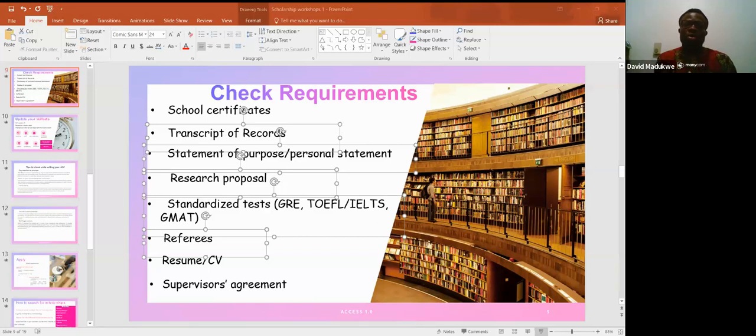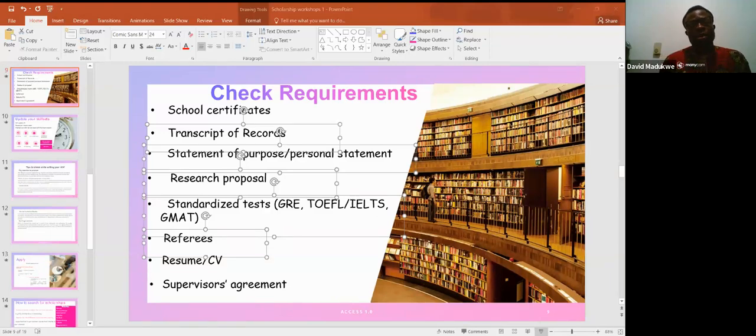In your proposal, it states why this particular project and what you intend to do during the course of this project. And then we have the standardized tests, which include different forms of exams that one takes to solidify his or her application. Some schools don't request for them. Some of these tests include the GRE. GRE is mainly for schools that have more engineering programs, although some biomedical sciences equally ask for GRE, but they vary. There are very few schools that ask you for GRE, but more of the engineering schools.